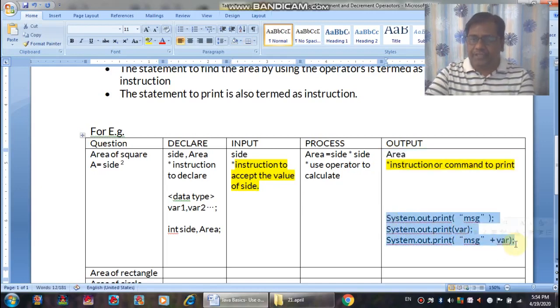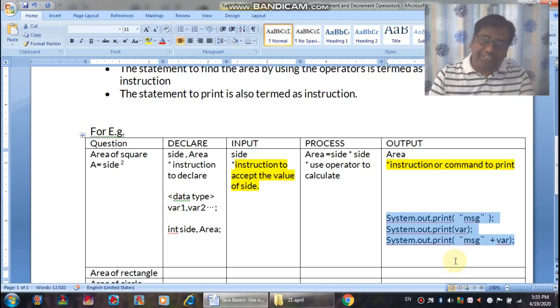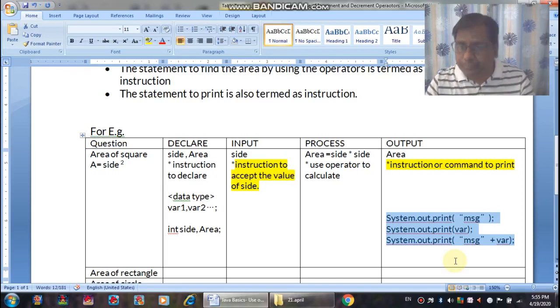We will see the variations later on. System.out.print. When there is only a message to be printed, you will place it within the double quotes. When you are printing the variable, you are not using the double quotes. But here, when you want the message as well as the variable to be printed, the message is to be placed within the double quotes and the variable is to be printed without double quotes. Clear?